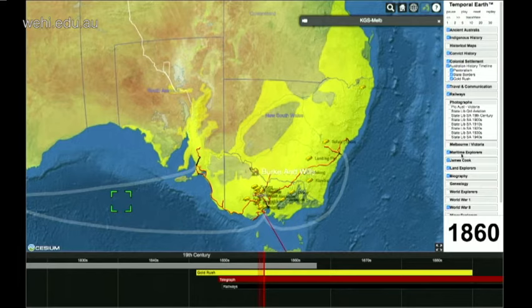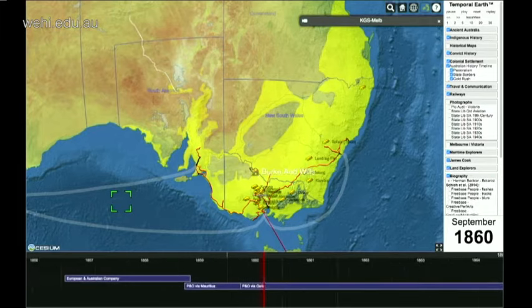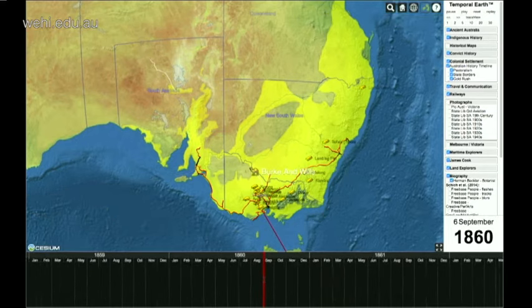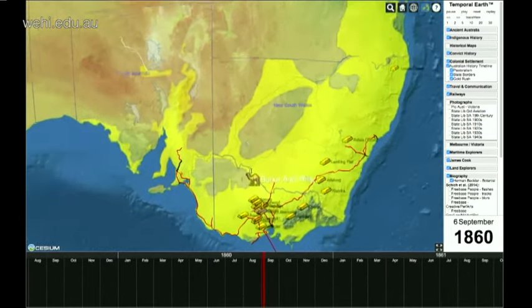So I went and grabbed his data out of the Atlas of Living Australia, and I've added it on here